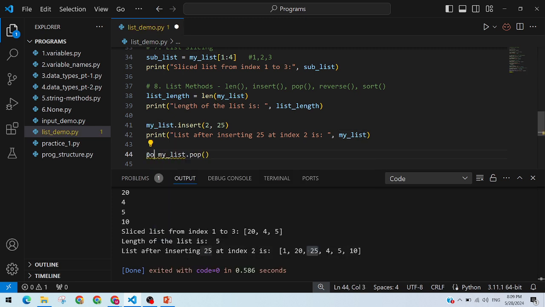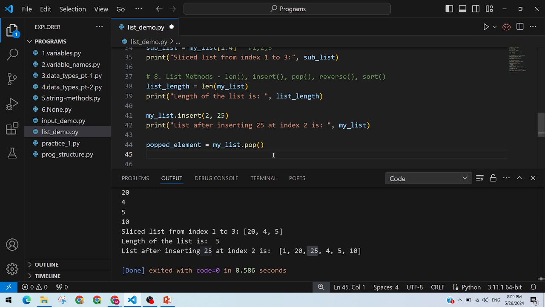So I will write here popped element equal to mylist dot pop. जैसे रिमूव में हमने स्पेसिफिक एलिमेंट दिया था वो रिमूव हो रहा था, वैसे इफ यू आर यूजिंग पॉप फंक्शन पॉप विल डिलीट लास्ट एलिमेंट. ओके, so here we'll print